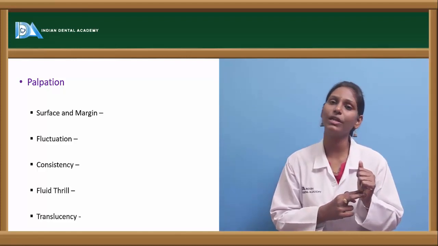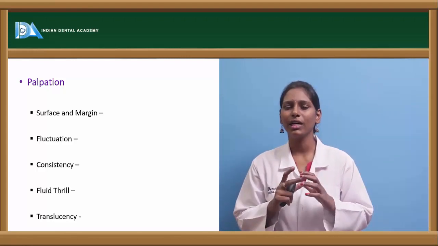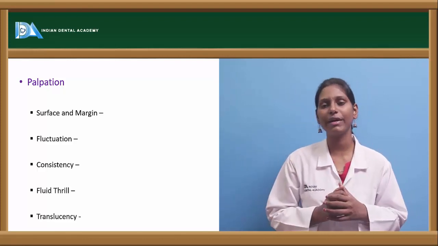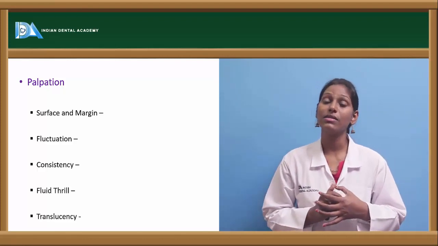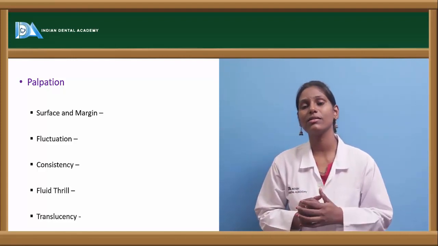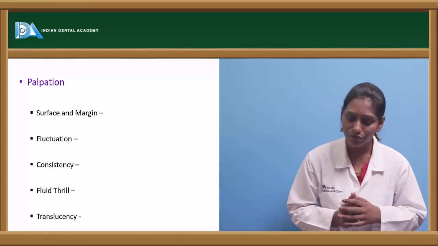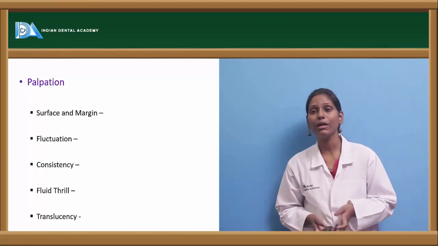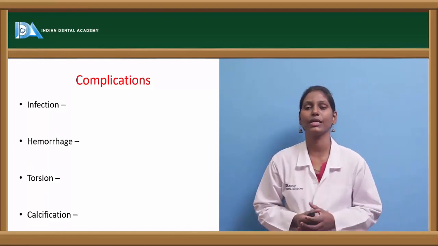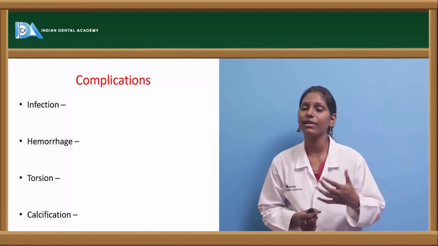And consistency. Usually cystic fluids are soft in consistency, and if the cyst is completely filled, it is usually tense. And in the case of a large cyst, we can find a fluid thrill. And translucency: cysts usually show brilliant translucency. Translucency in cystic hygroma is very well defined and very well pronounced. And this is about how we take history and how we examine clinically